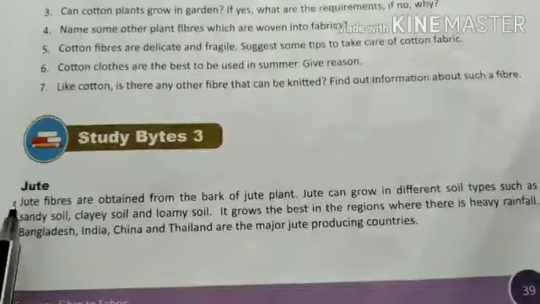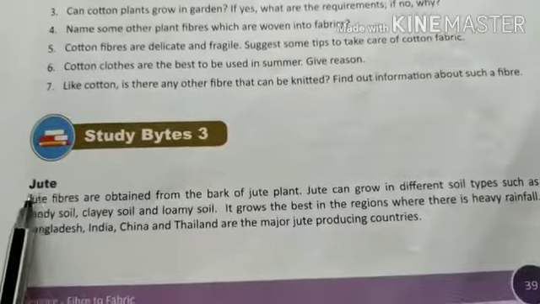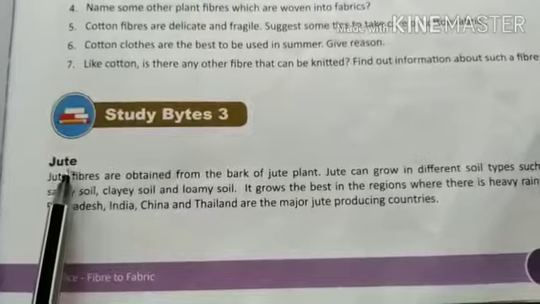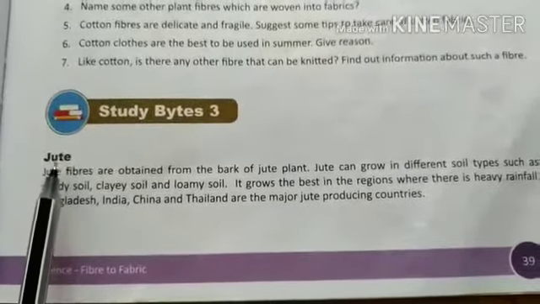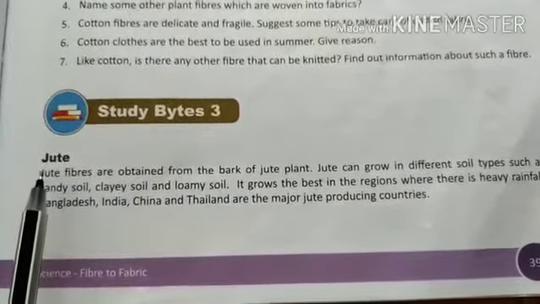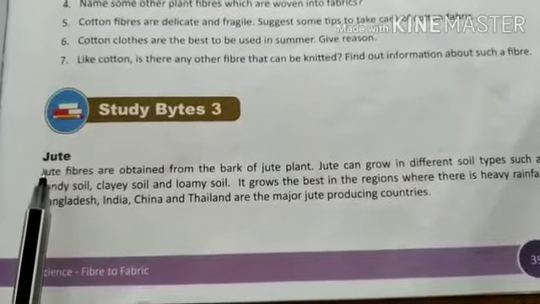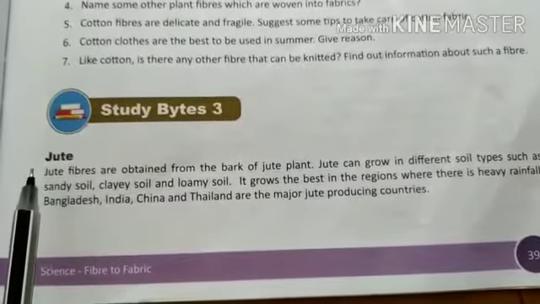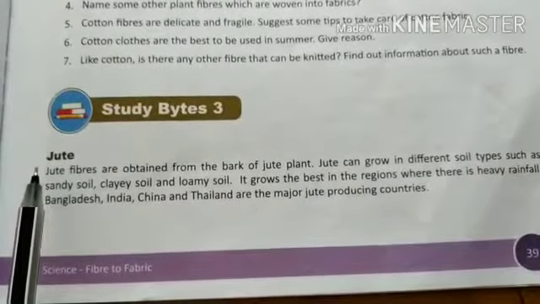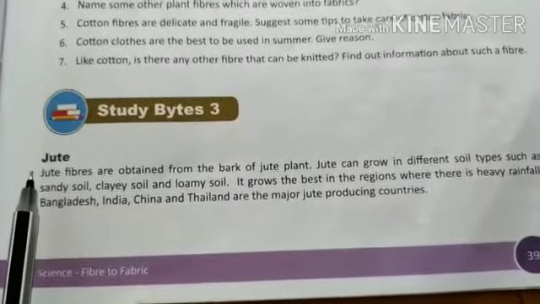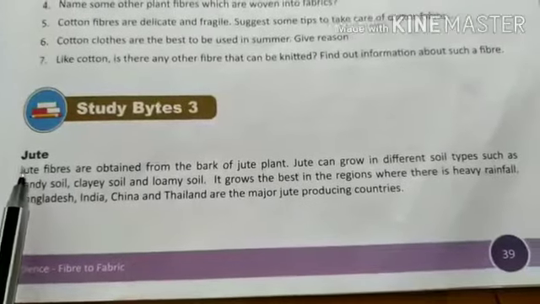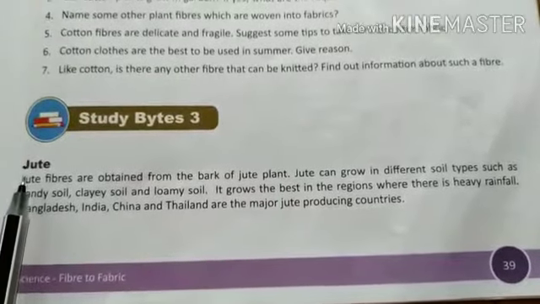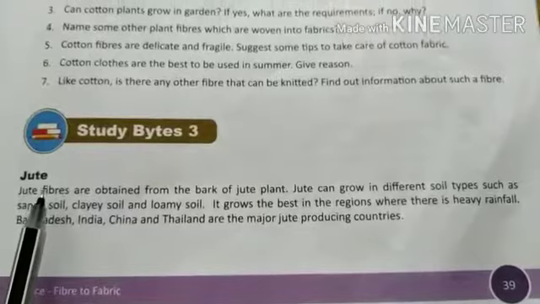We are all very well familiar with the word jute, and the fiber and the fabric made from jute. Jute is also known as the golden fiber because of two reasons. First, because of its yellowish brown color, which is similar to golden color. Secondly, due to the high rate at the international market, because jute fiber or fabric is being used worldwide for packing purposes.